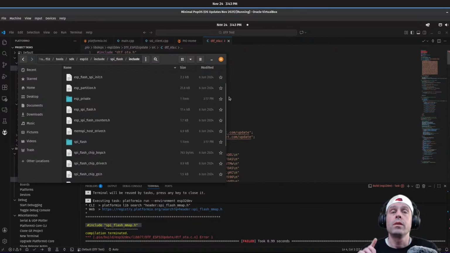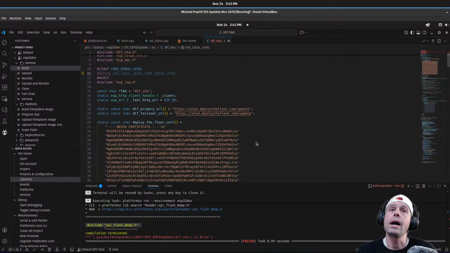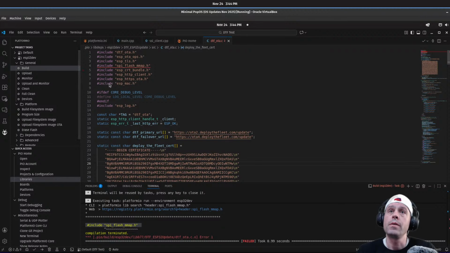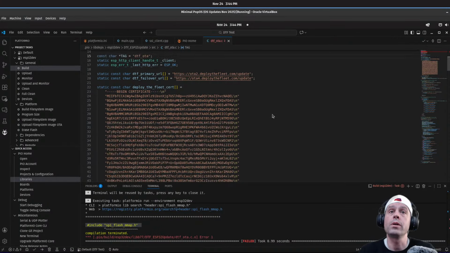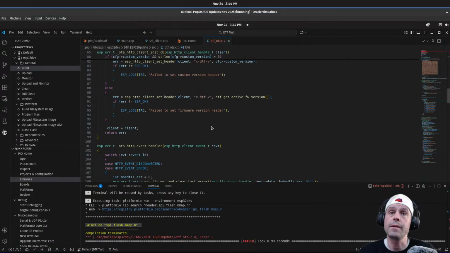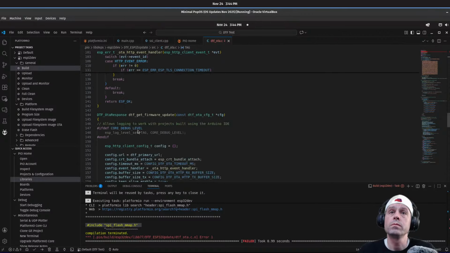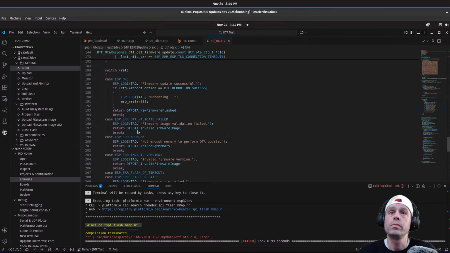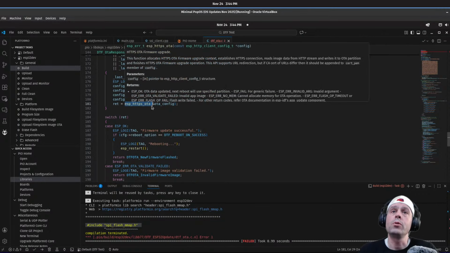But the problem that I found out over the weekend is this. I was using, and am using, this ESP OTA ops. I'm using the native ESP-IDF OTA mechanism as part of the Deploy the Fleet SDK. And way down in here, when you call, yes, down here, we call it ESP HTTPS OTA. Okay.